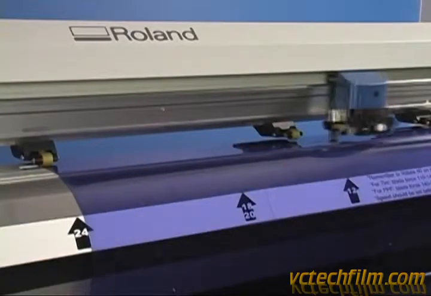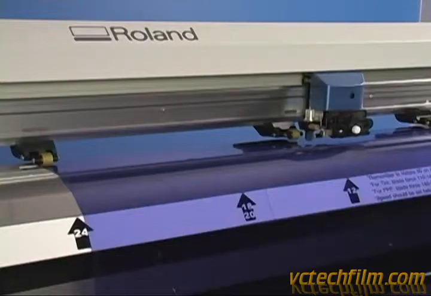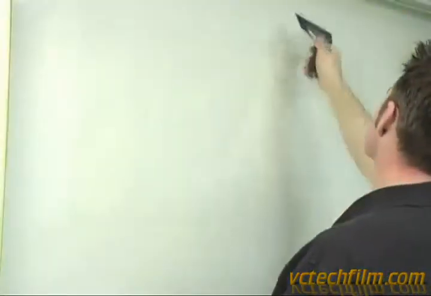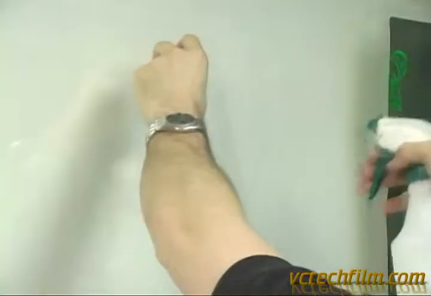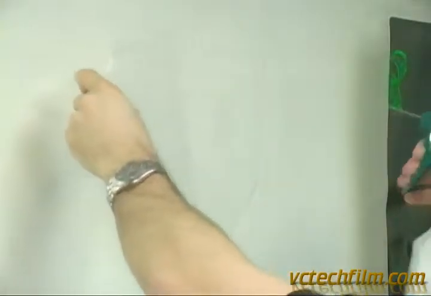Once all of your cuts have been made, it is time to prep the graphic for installation. It is important to keep your work areas and your film clean and free of dust or debris. A good tint install must not have any dirt between the film and the glass. Start by applying your transfer sheet to the glass with the liner facing out. Remove the liner while spraying the exposed adhesive. It is important to keep the adhesive wet so that it will not pick up any dirt or dust from